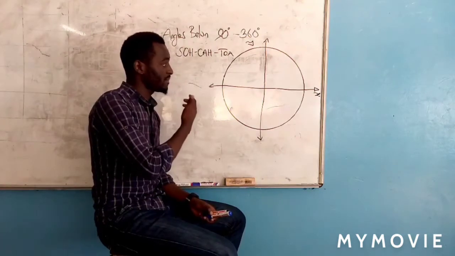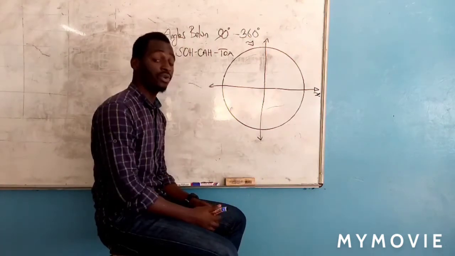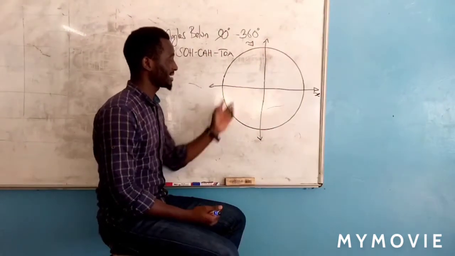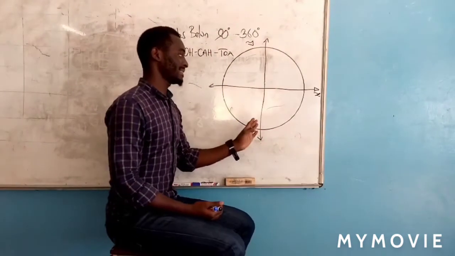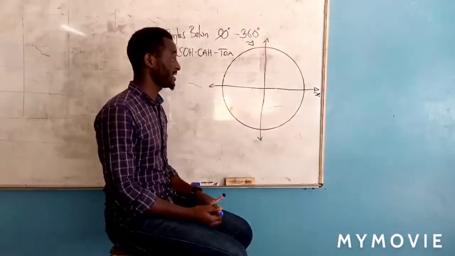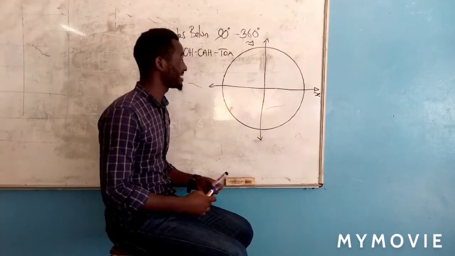What I'm going to talk about today is the four quadrants. Okay, so what we have here is the x-axis and the y-axis. This tells you that this is the x-y plane, or the Cartesian plane. Now, what I'm going to do quickly is that